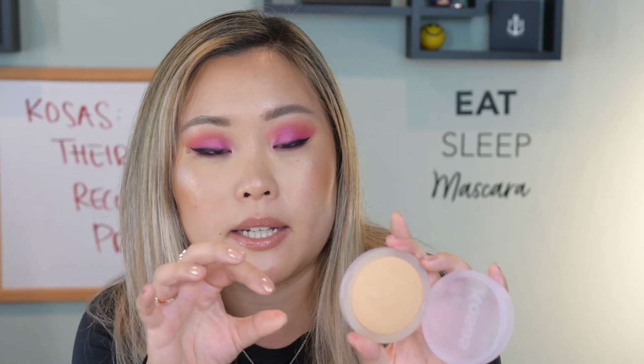So one of the very first products that they... oh my god. So if you're wearing a more medium to light